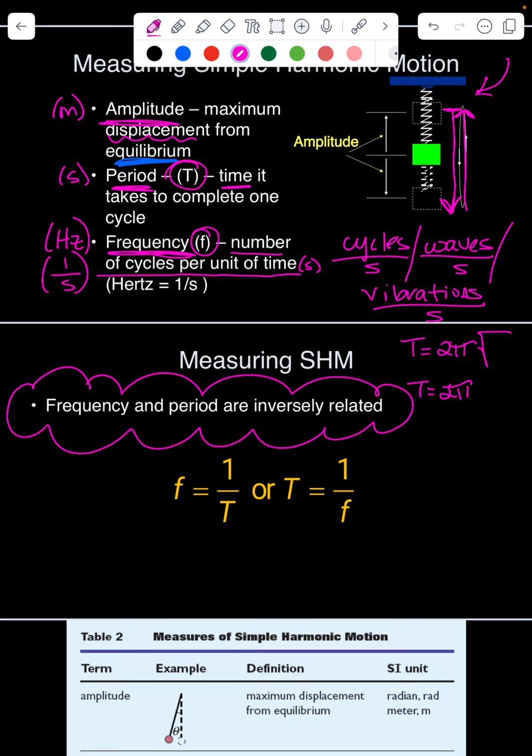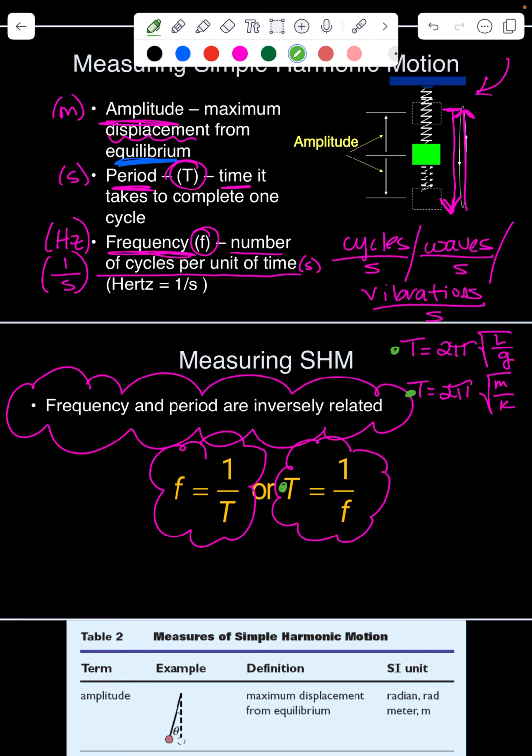So it's 2 pi times the square root of length over acceleration due to gravity. And then we have the period of a mass on a spring system, which is 2 pi times the square root of mass over spring constant. We now have another equation for period, and that's the inverse of the frequency. And we know that frequency is the inverse of the period. All right, so we now have 3 different equations to solve for period. So you have to be able to distinguish which one you have to use for whatever